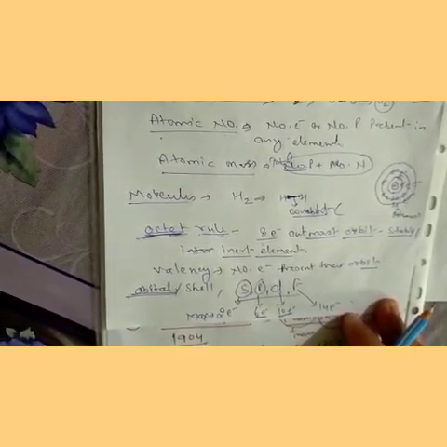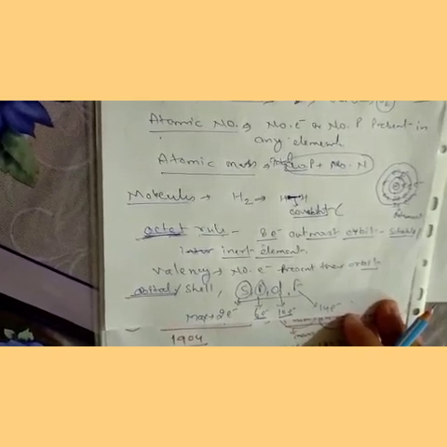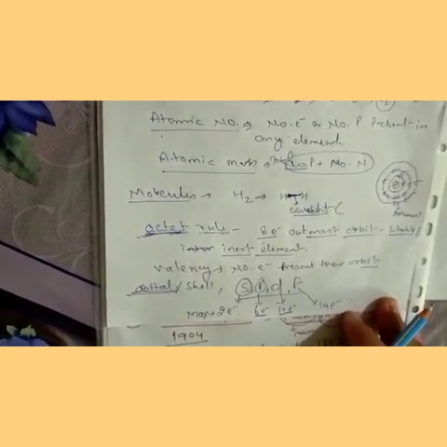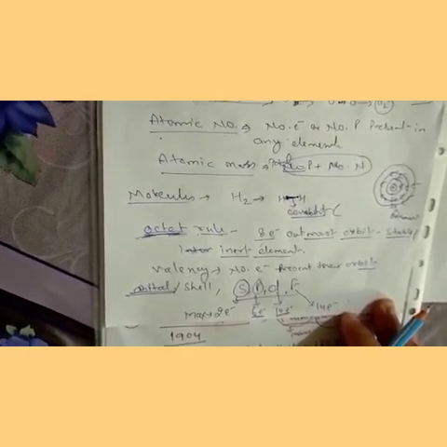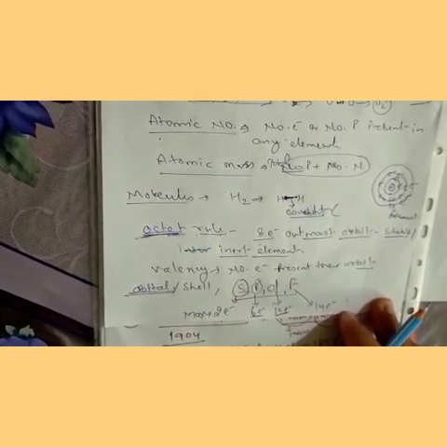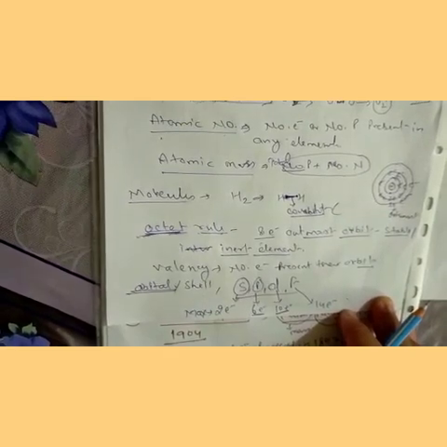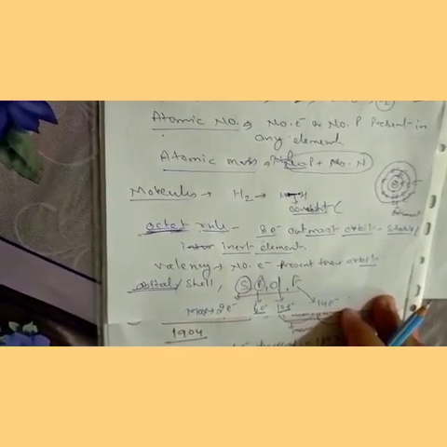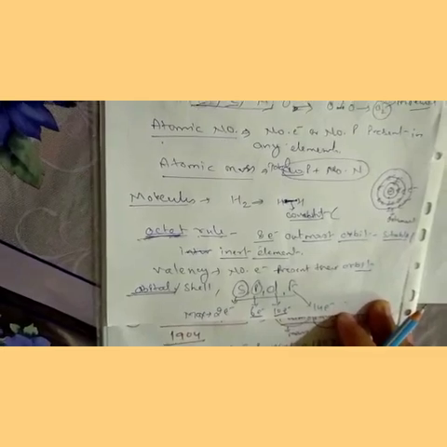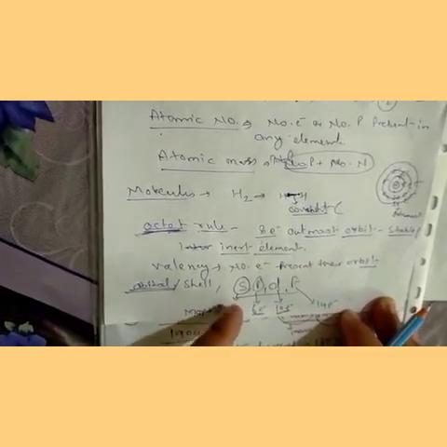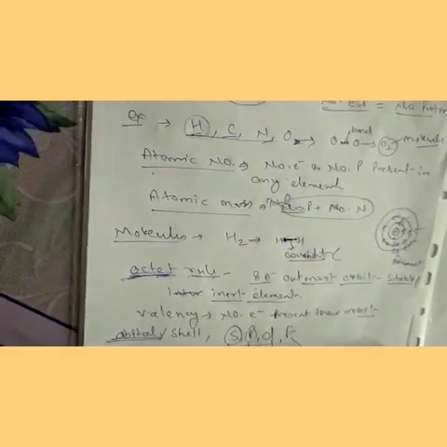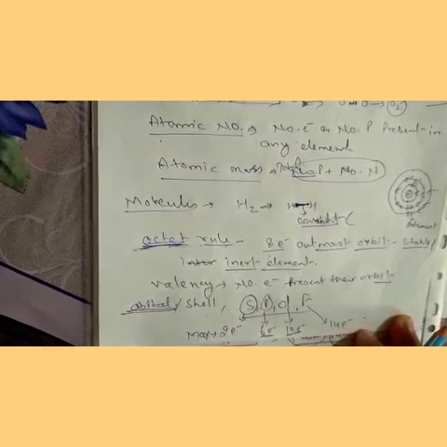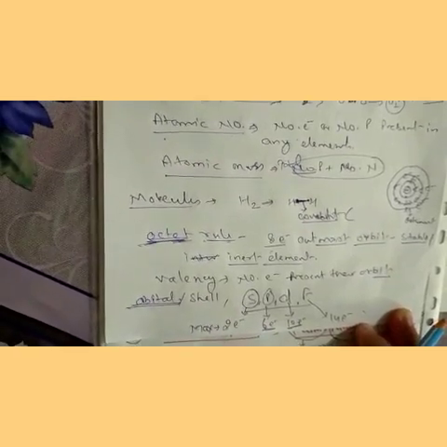We'll have a detailed lecture on electronic configuration tomorrow, not today, because it requires a certain amount of time. So we are planning to make it one more full lecture, because electronic configuration is more important and more interesting. Keep focus on that, because questions will definitely come from electronic configuration, so it requires more attention. Second thing, I'll just update about S. S has a circular round shape, a 3D structure, p has a dumbbell shape, d has a double dumbbell shape, and similarly you have the f shape also.